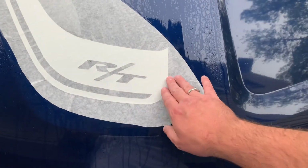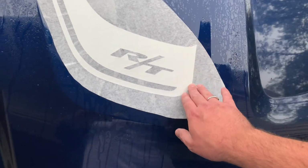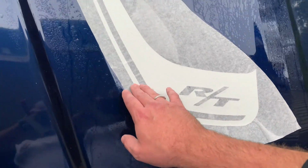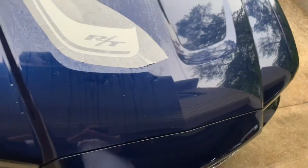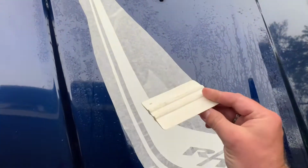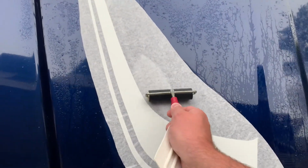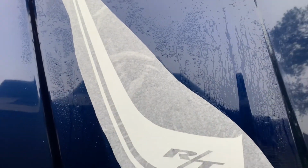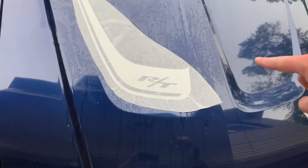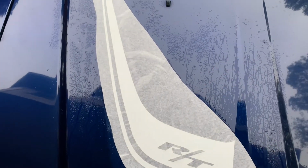So I've got to make sure it goes on pretty smooth, get it fairly straight, and you can kind of feel this area of about how far the gap is around through there, and then it rolls off the edge. I also have a vinyl squeegee, which you need, and I also have a vinyl roller, and this is really good because it allows you to push a bunch of that moisture up out of there when you get ready to stick it completely down, because you want to get all the air bubbles out, all the moisture bubbles out, everything as clean as you can under it, so then it's going to adhere down pretty good once all the